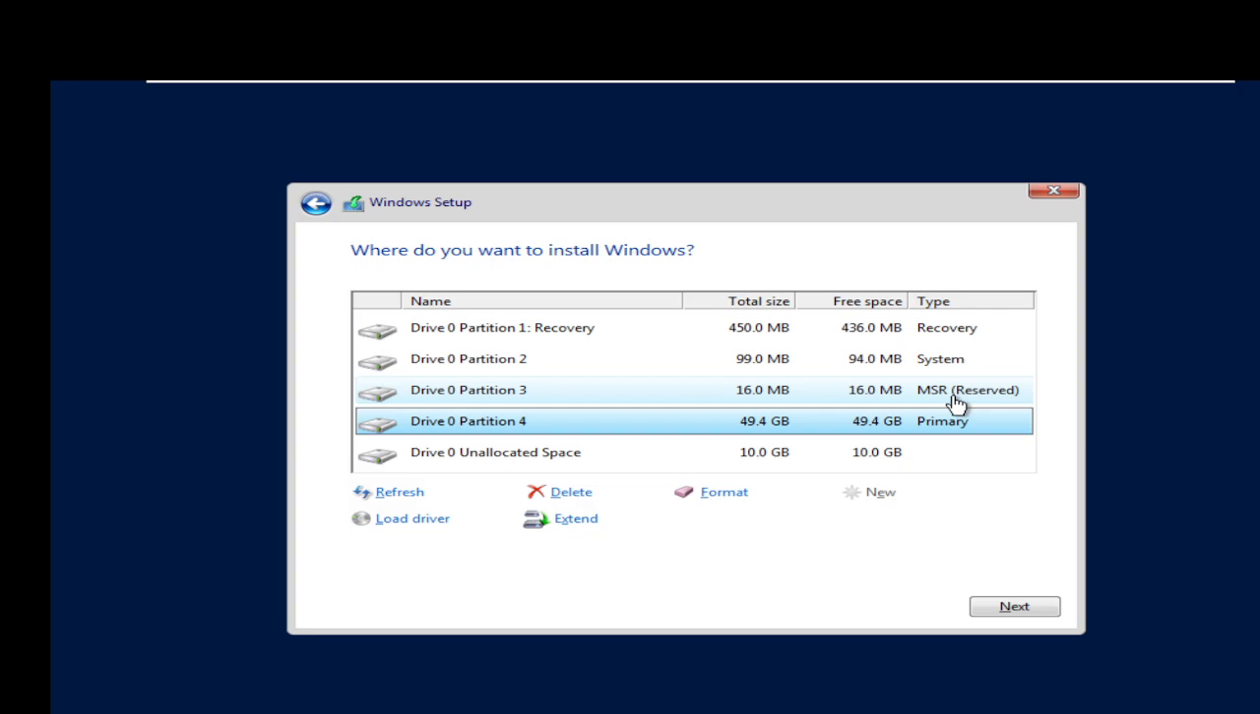So these are the logical partitions created by the operating system in order to create the indexing and all. The connection between both the drives, that information will be there in the first three partitions. But this is our primary partition, which is 49.4 GB, and in this drive only you are going to install the operating system. And remember, always